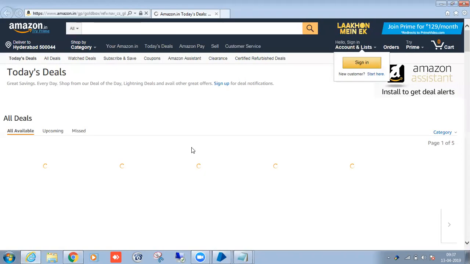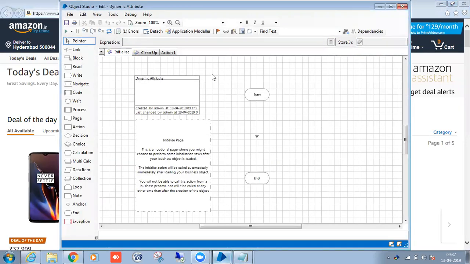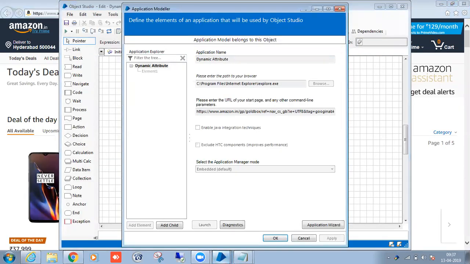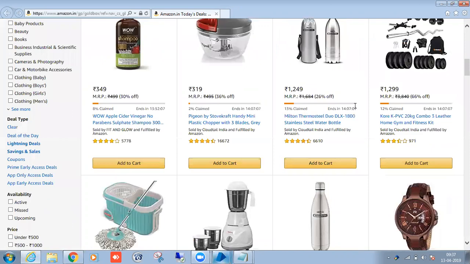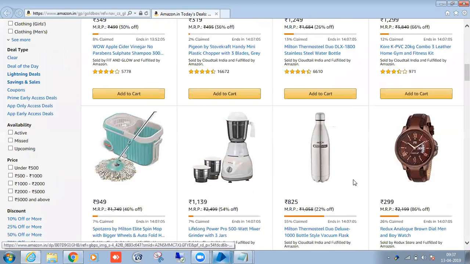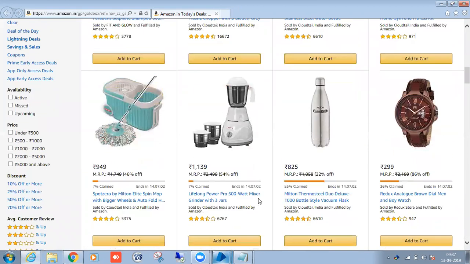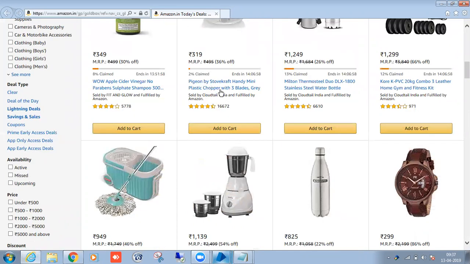That is properly navigating. Now go to the application modular. My requirement is that I need to get the first 10 product details. I just want to know the name. You can take the price, you can take anything, whatever you can see here.